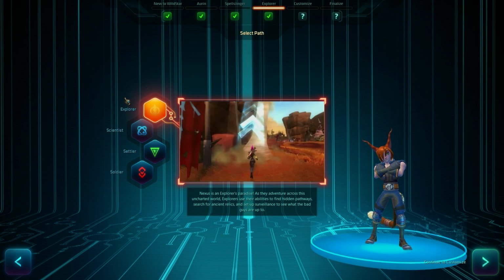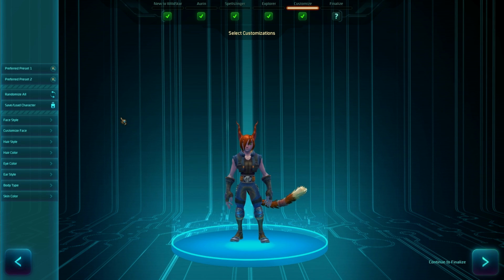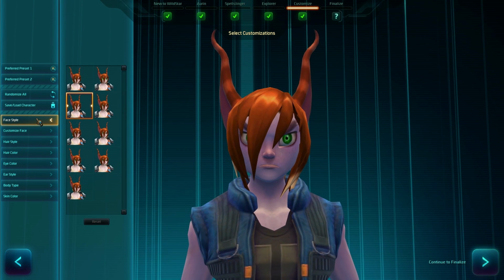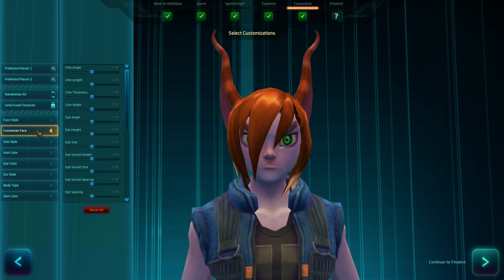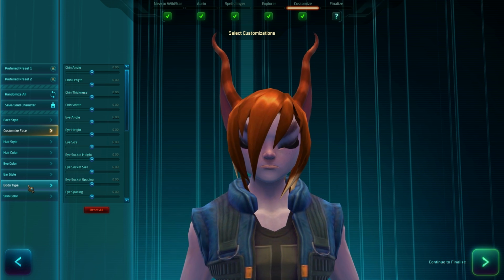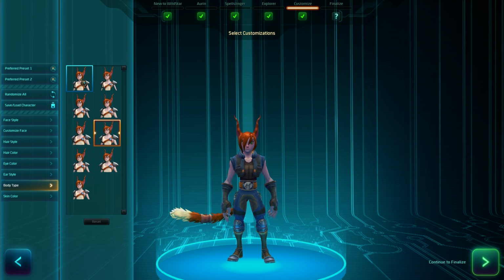I'll go ahead and just go explore just for fun here. And then now we will switch over to the customization. They've switched this up a little bit. The core options that were there before are still there. And at some time between the release of the game and what we have now, they have added a few things. One of the big things they added is a body type, because when the game first launched,